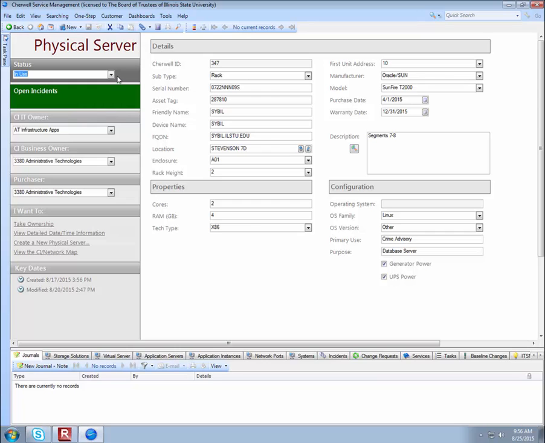Then underneath that, we have three different drop-down menus that refer to three different entities, right? The first one is the CI owner, and the CI